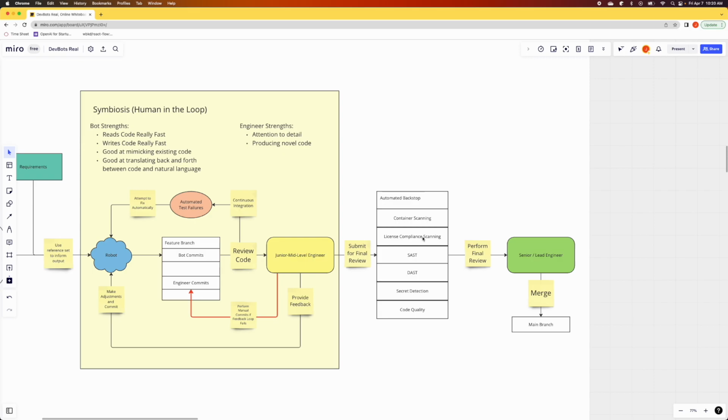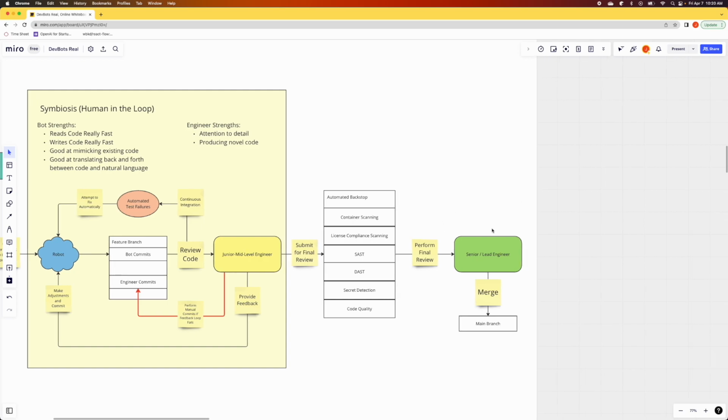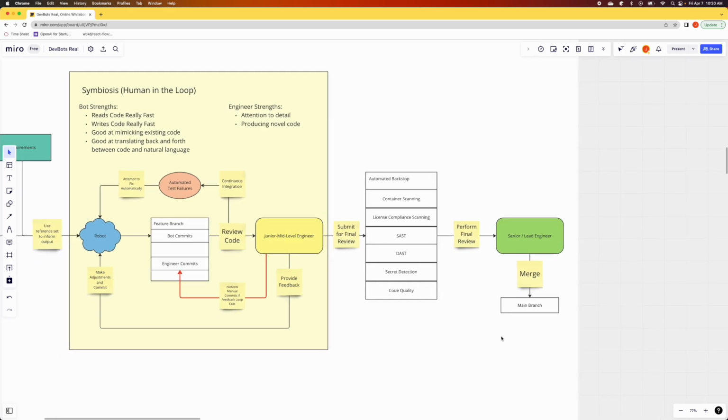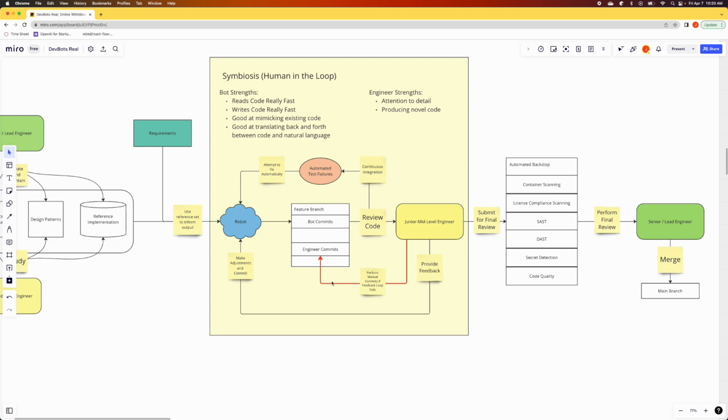And the final part of this process is having your senior and lead engineers review this code at this level after it's passed through this generation and filter. And then only if they approve it does it get merged. This is kind of like a standard regulatory compliant pipeline. I think this is highly compelling, whether it's in enterprise or a consulting firm applying this to develop software for an enterprise.